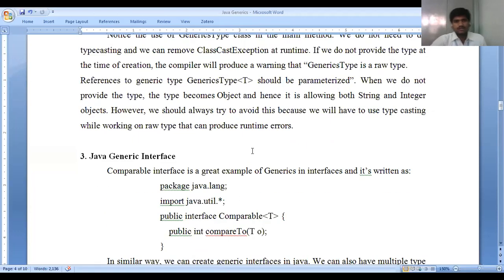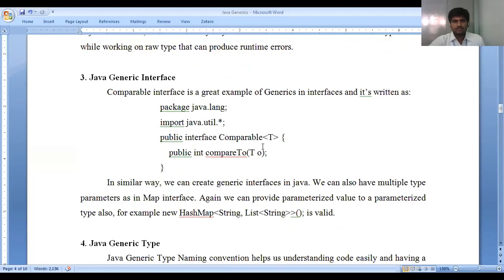So Java generic interfaces. What are interfaces? We can get data from another place through an interface. The Comparable interface is a great example of a generic interface, written like this. For example, in the package java.lang, import the java.util package, then public interface Comparable.